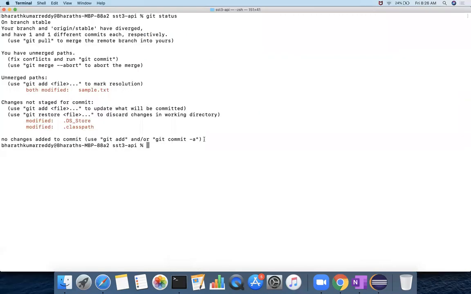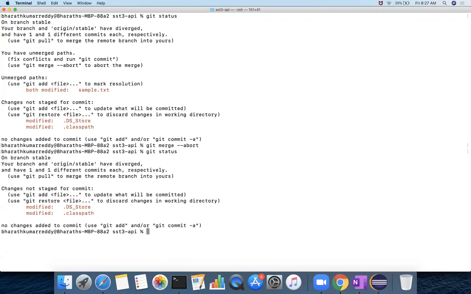How do you do that? You want to cancel this merging or pull. For that, you use git merge --abort. So it tells that this merge has been aborted.